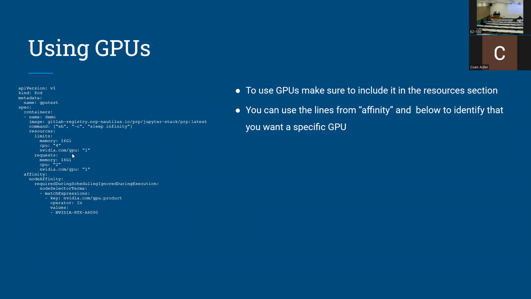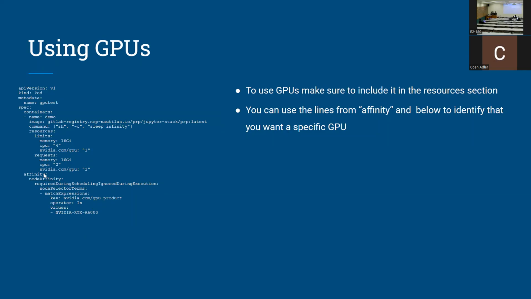Anyway, so you can see here that we request 1 GPU. You can change this if you want. You want to put nvidia.com/gpu and the number. Putting it in quotation marks, you don't need to to my knowledge, but I put it there just because it might not work. I don't think I have this file available because I don't want you running this unless you absolutely have to. And so to select a specific GPU, you want to use the affinity